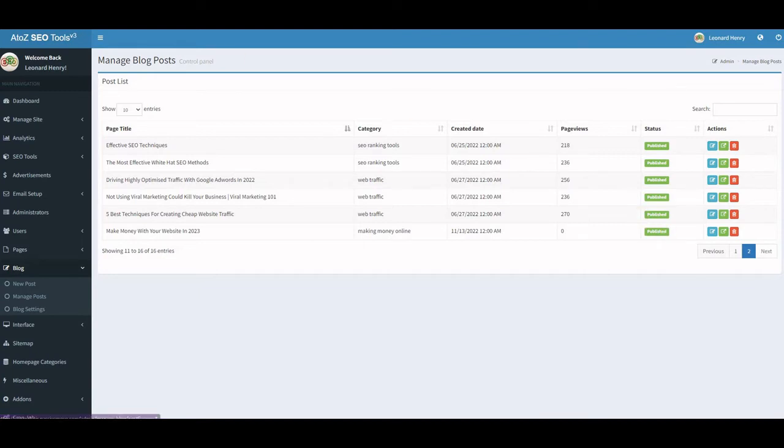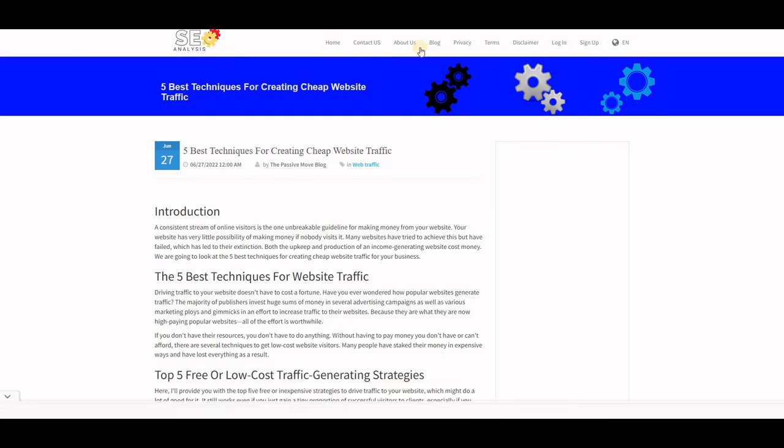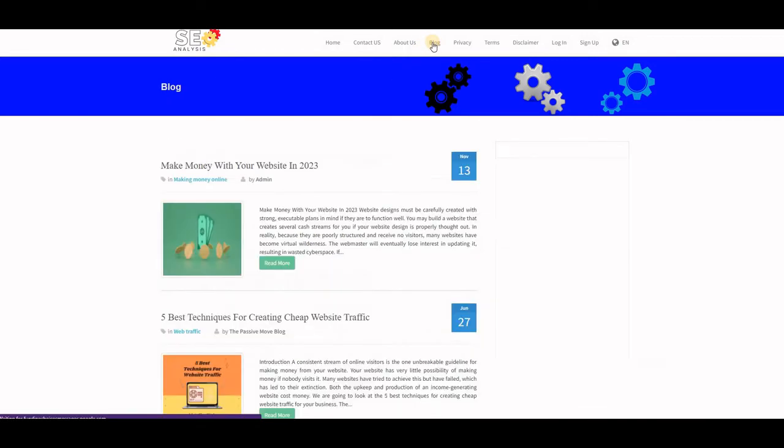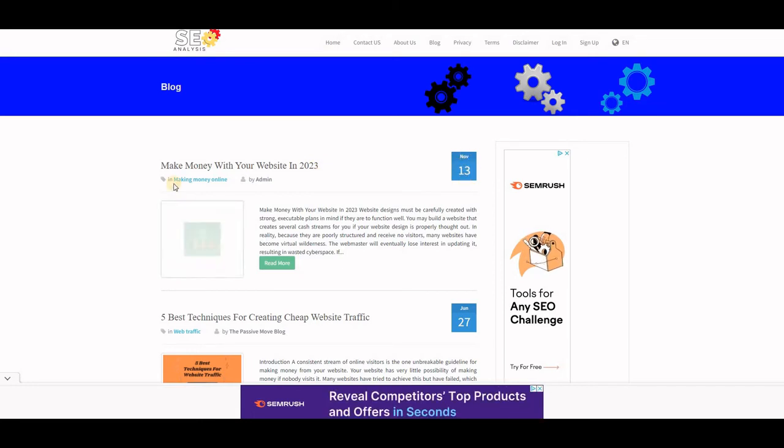So if I go back to this and do a refresh, let me just go to the blog to make sure. As you can see, here it is, guys. Make money with your website in 2023, November 13, and it's in this category, make money online, and it's by admin. And if you click on read more,